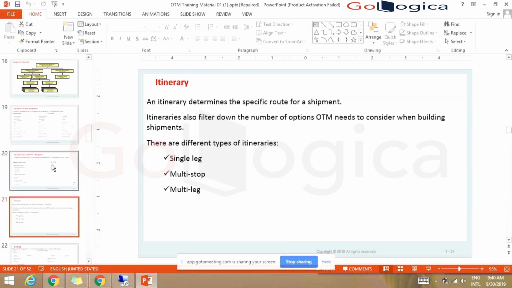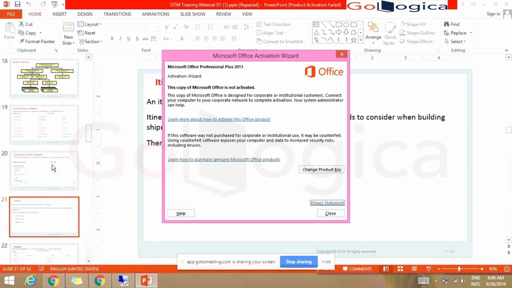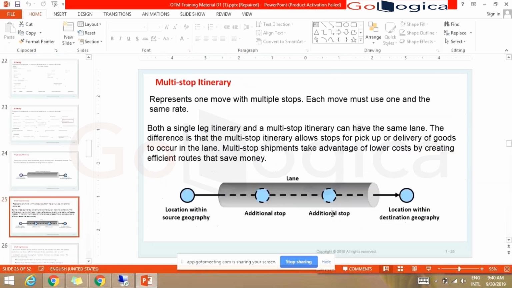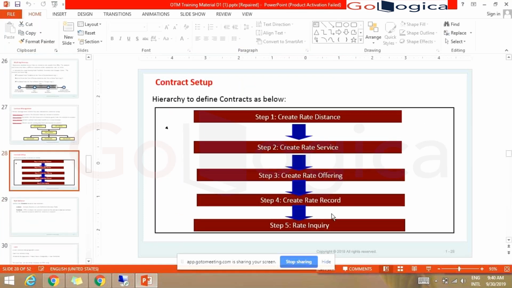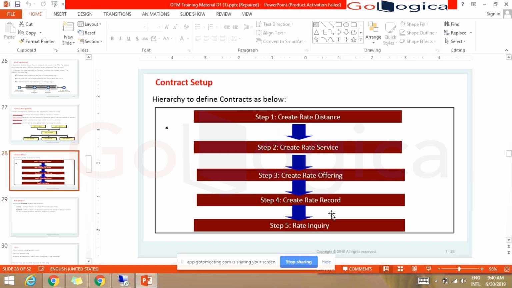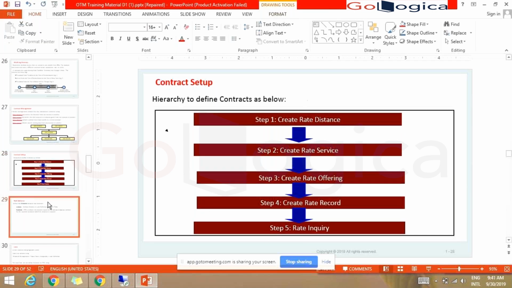Till equipment we have seen, right. So the itinerary we have to create; we'll be creating it a little late, in the end. So before creating it, we'll see what the different rates are, and what rates are. So first we'll see the rate distance. Rate distance can be used, because we do have third-party servers to calculate the distance, but still we'll see what rate distance is.